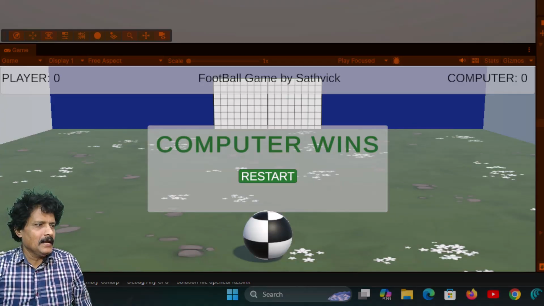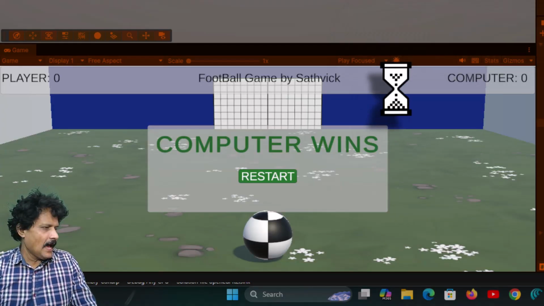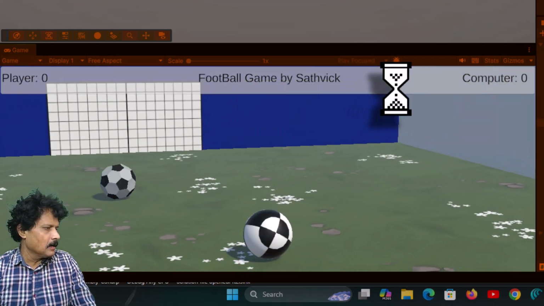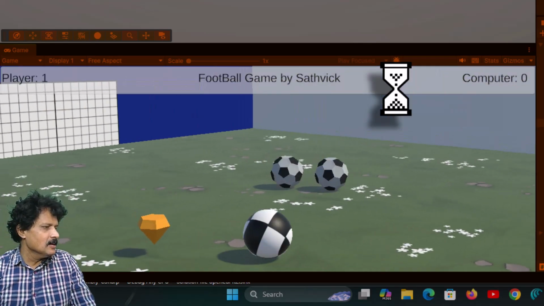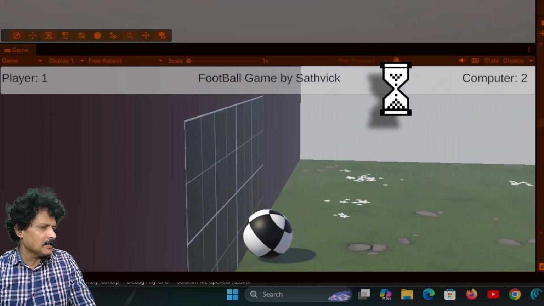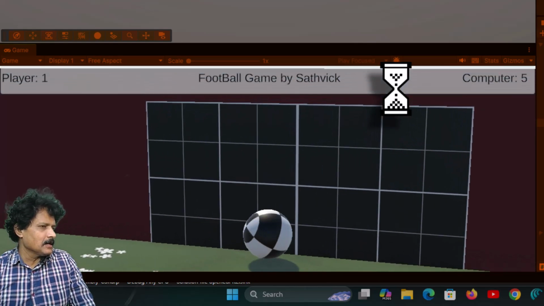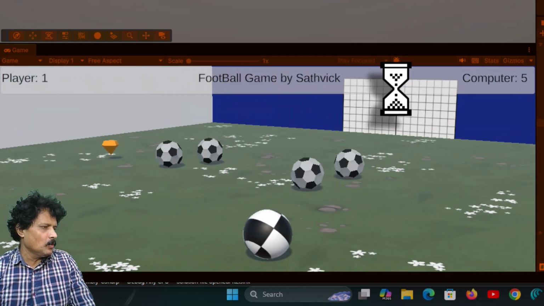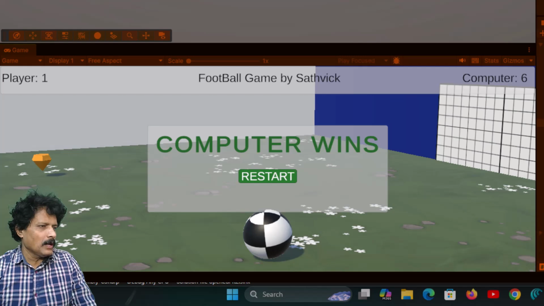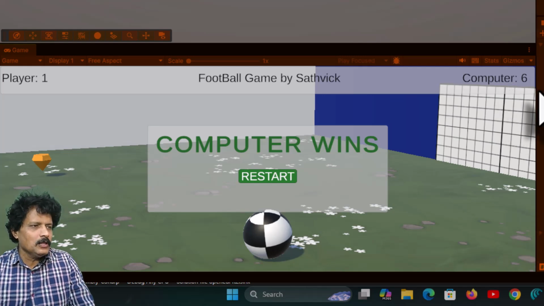You can see a heading at the bottom, and the player score on the left side and the computer score on the right side. When the enemy ball hits the enemy goal post, you can see when I score, I get player 1 and now the computer has scored 2 goals. I can see the computer has scored 5 goals now. So you can see the score changing here, and player is 1, computer is 6, and anyone who reaches 6